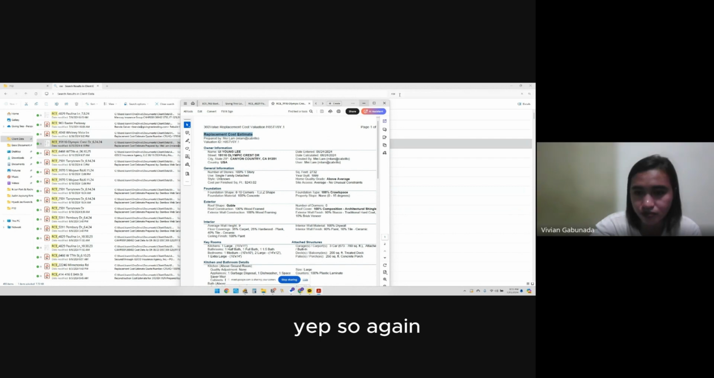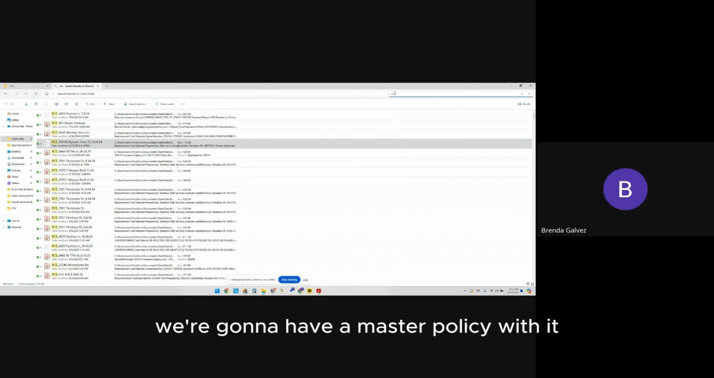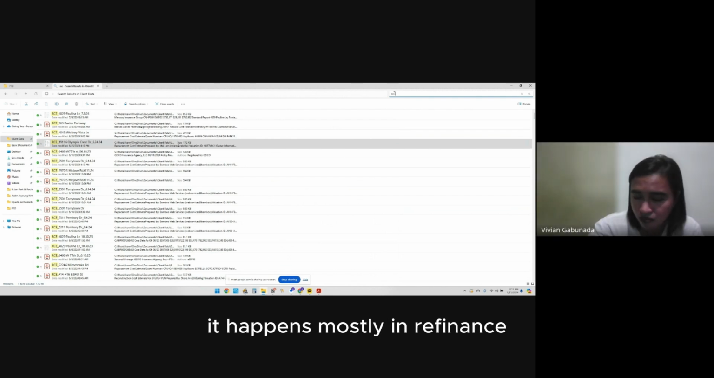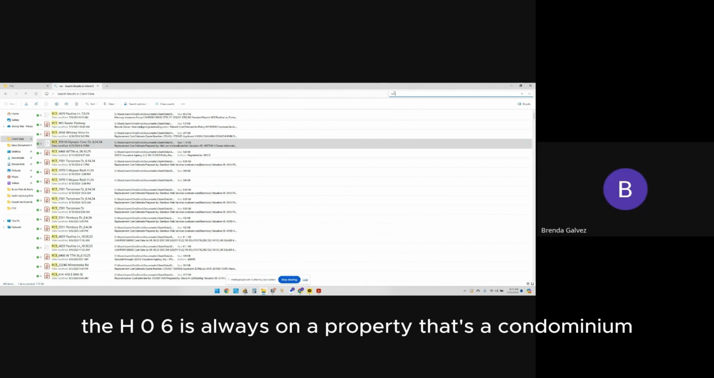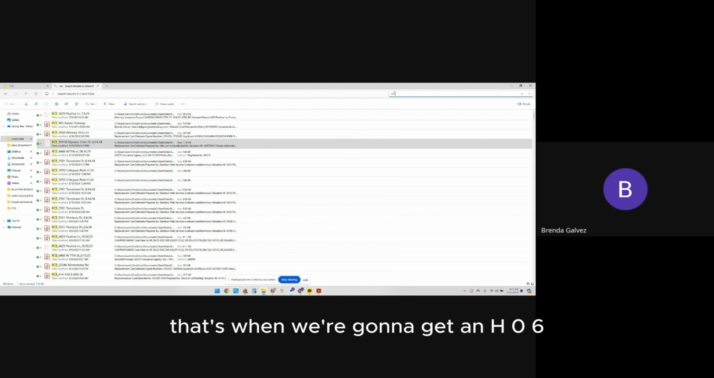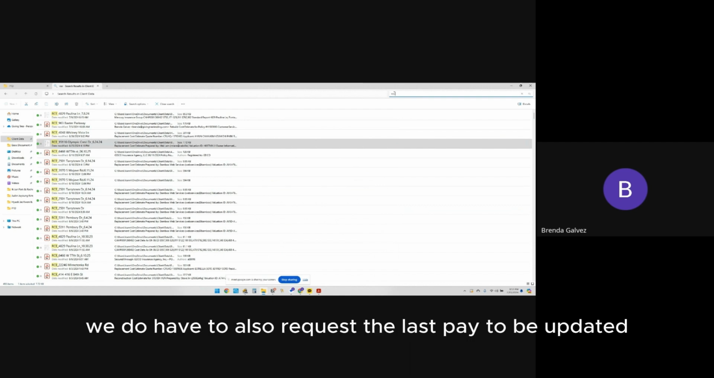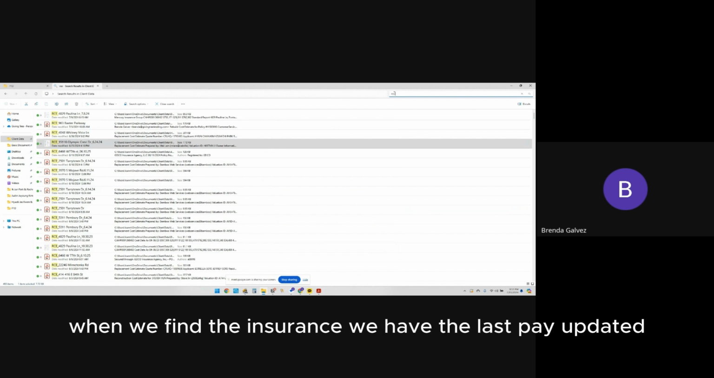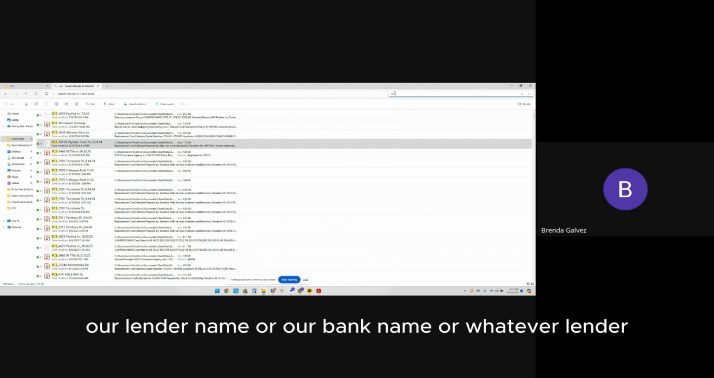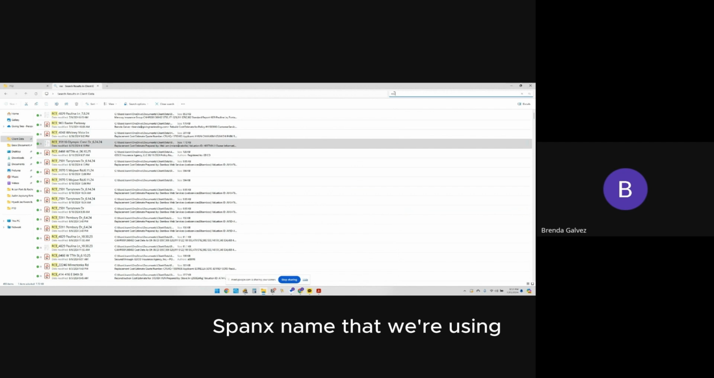Okay. So again, whenever it's an HO6, we're going to have a master policy with it. Whenever it's an HO3, we're going to have an RCE with it. And the HO6 is always on a property that's a condominium. So whenever the property type is condominium, that's when we're going to get an HO6 for the insurance with a master policy. So for the master policy, we do have to also request the loss payee to be updated. Like when we bind the insurance, we have the loss payee updated. Same thing with the master. We have to get it updated to have our lender name or our bank name, whatever lender bank's name that we're using, whether it's a purchase or a refi. Right. And then